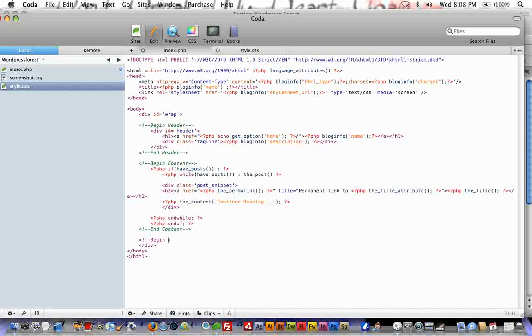So begin footer, end footer. Okay, and we'll go ahead and give it a div ID. I'm going to indent here. Div ID of footer. Alright, now in our footer, we don't want to display too much. Maybe a link to our RSS feeds, and then